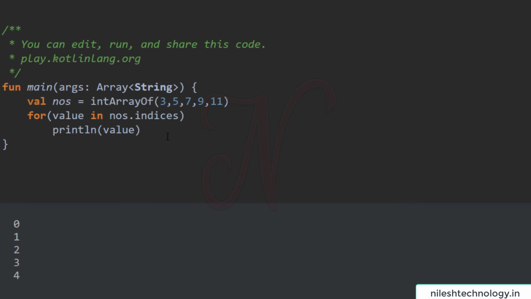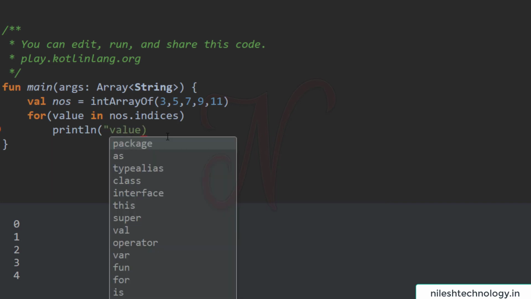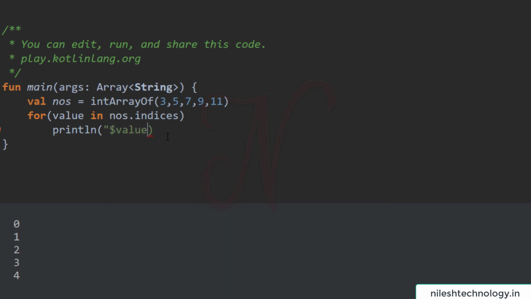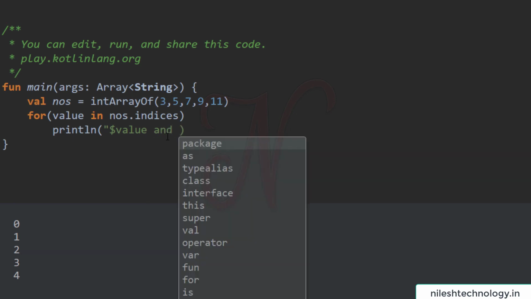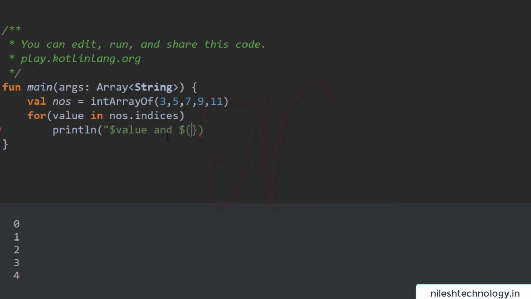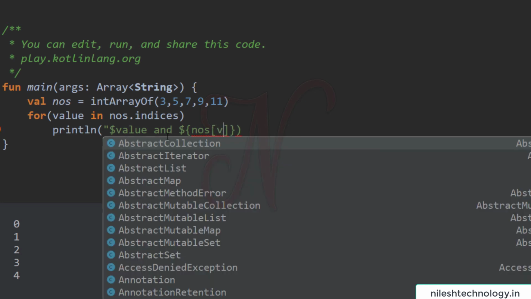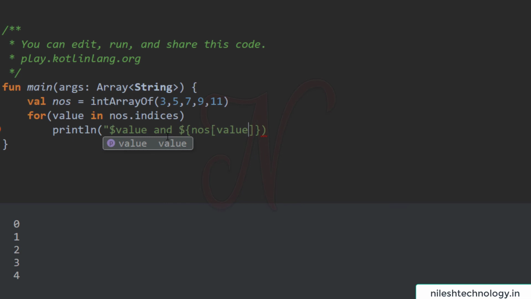And here if you try to print the value by using the indices, then see here, dollar value means this is the index, and so numbers, and here your index means the value. So see here your answer.